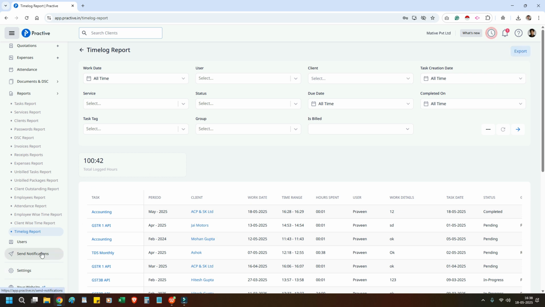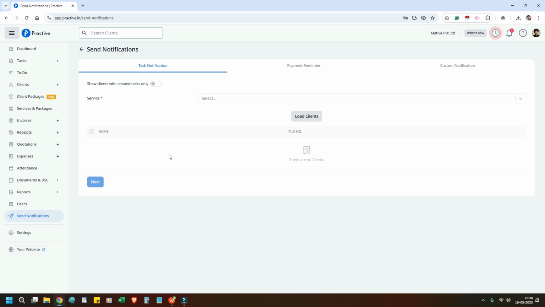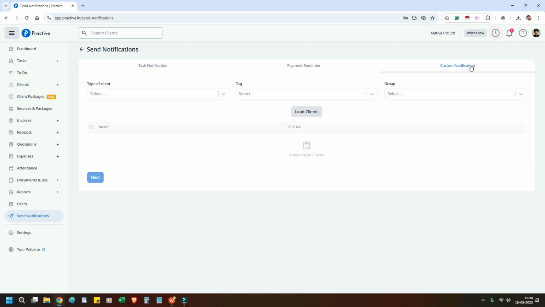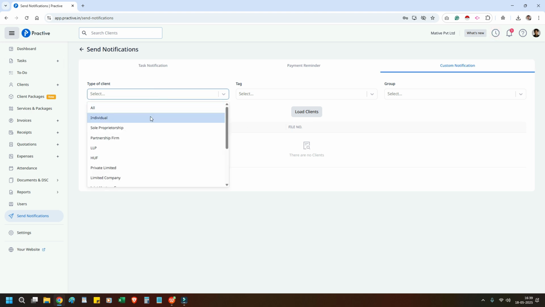And the next one is send notifications. If you need to send bulk notifications to your clients, there is an option in manual. You can send for task, payment reminder and custom notifications. Here you need to filter your client criteria-wise, like in the custom notification you can filter with